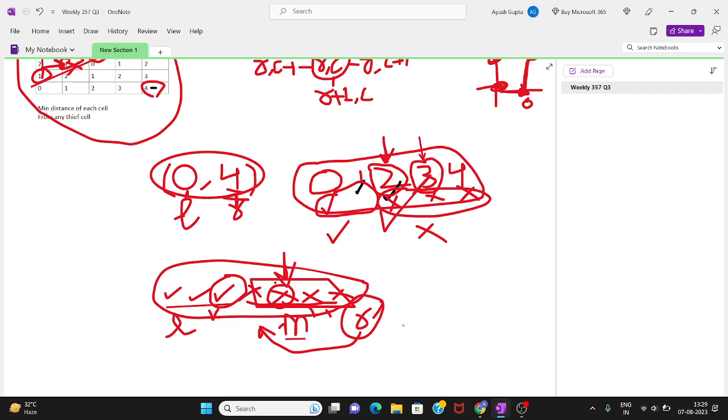So I will just discard all those values and bring the rightmost pointer to m minus 1. Now R will become here, and now I will check for m here. This is simple binary search.